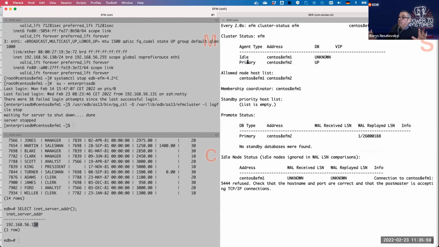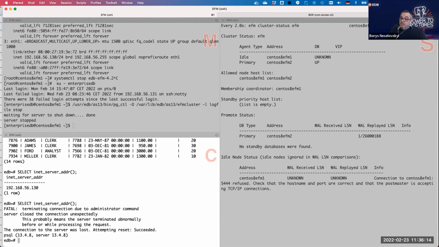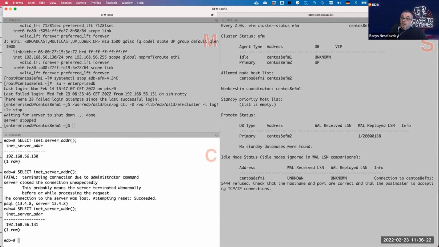Everything is okay. The failover is executed from the Failover Manager, and on my client, I will try to select my IP address. The first execution will reconnect me to the new master, and we can see now that